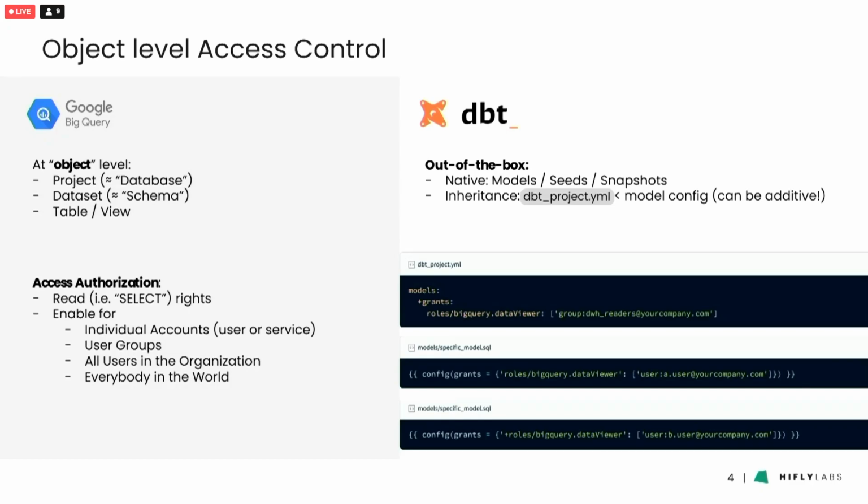Okay, that's what the presentation is going to be like. I'll talk a little bit about what's available in Google, and then I will show you how you can apply those principles in DBT. Fortunately, well, actually, it's not directly DBT. It's DBT's BigQuery connector that provides these services. So out of the box, it's possible to apply object-level access control to models, seeds, and snapshots. You can apply it at different levels. So you can apply it at the project level, a DBT project, and you can apply it on a per